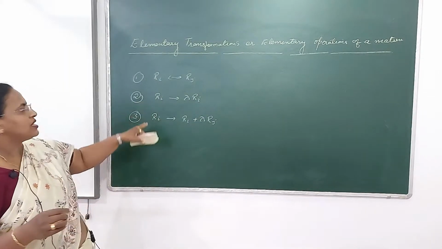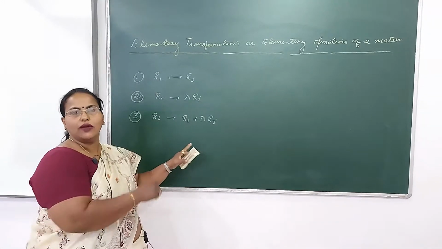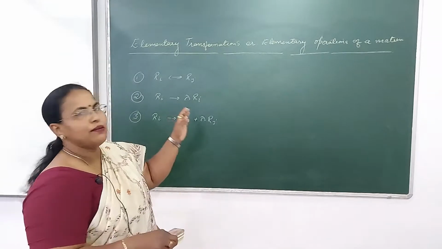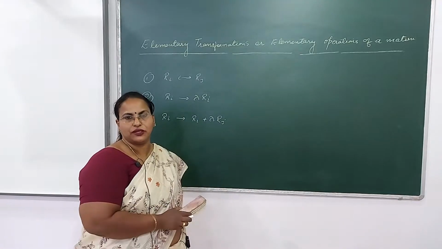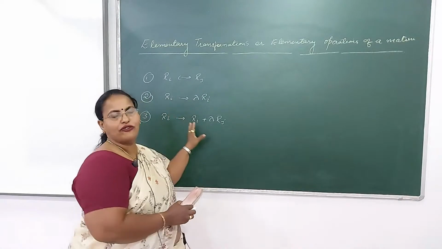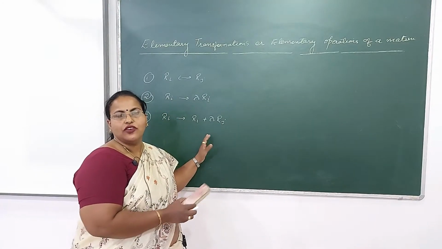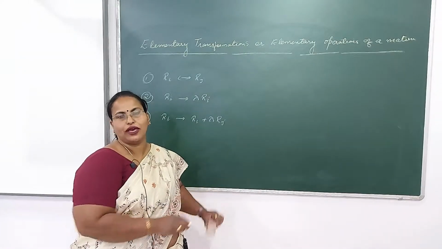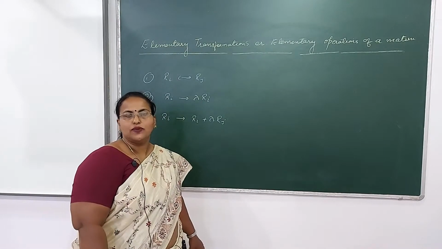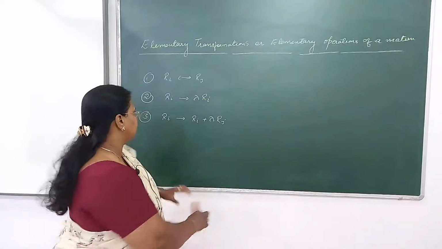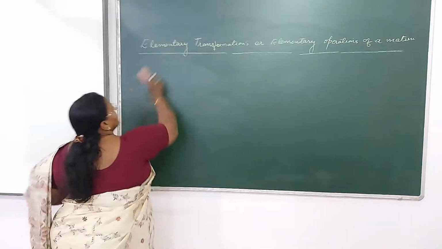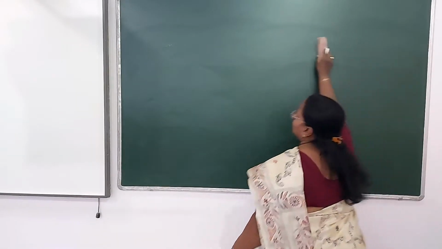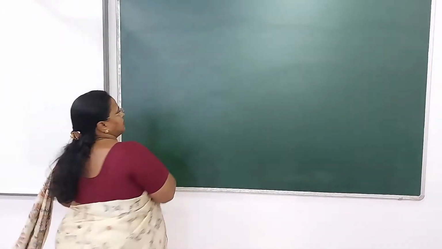See, whatever operation I am writing down here is in row, the same you can do in column also. Then that operation is called elementary column transformation. Now with the help of these three operations, whether applied on row or column, we will find the inverse of a square matrix. Now see the procedure of finding the inverse. So the topic is finding the inverse of a matrix by elementary transformation.